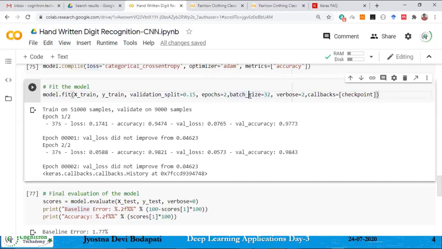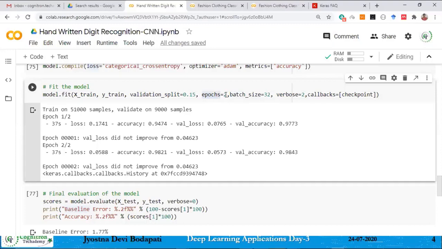Then the next 32 samples are shown to the model, the loss is computed again, and the weights are updated again. This is repeated till the completion of your 60,000 examples. When I completely show all the 60,000 examples to my model, such a thing is called an epoch.